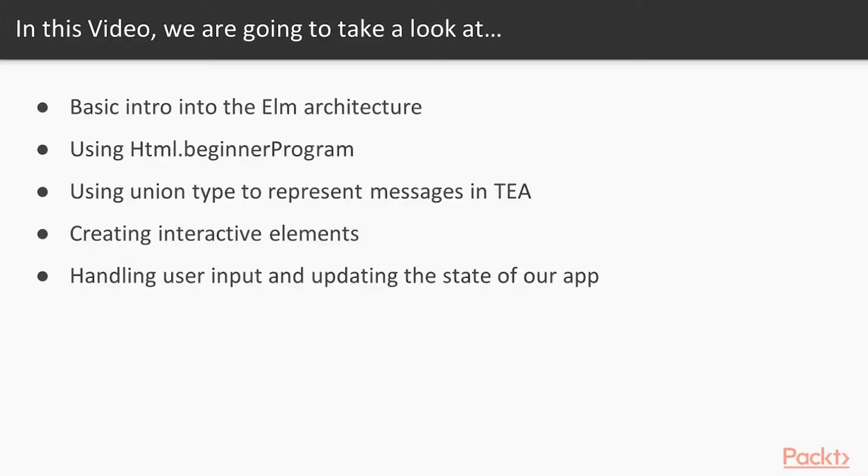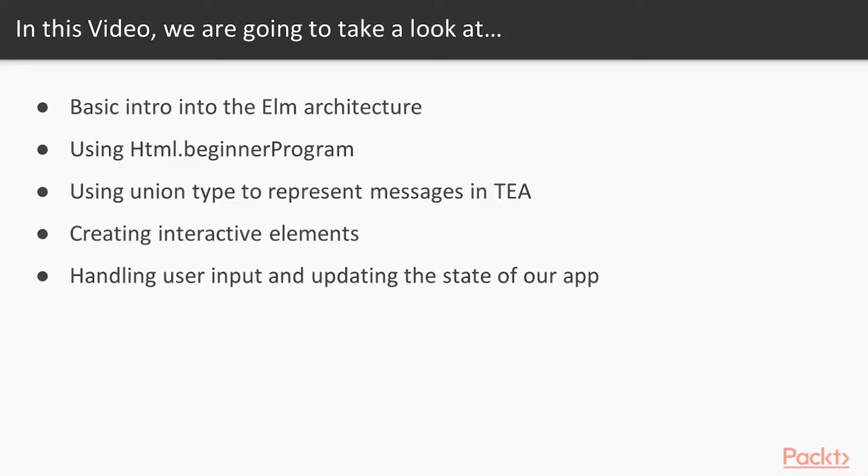In this video, we're going to take a look at the basics of the Elm architecture. You're going to learn how to use the beginner program, which enables you to handle user interactions. Then I'm going to show you how to use union types to represent messages in the Elm architecture. You can learn how to create interactive elements and handle the user input inside of the Elm architecture by using